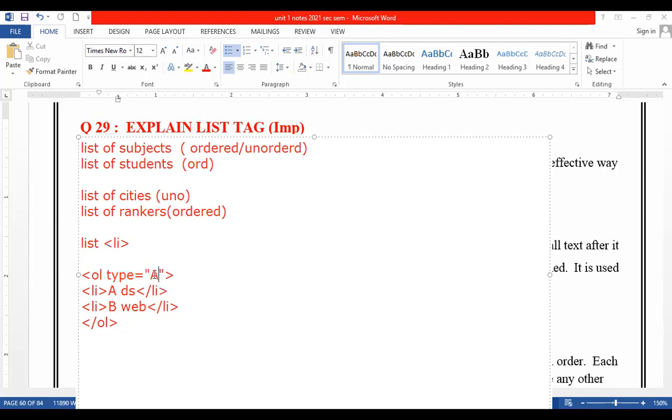Suppose I start here from number 4, it will start from number 4 and then take number 5. So this is the initial index of your list, okay? What you pass here is considered the initial index of your list. You can start from any number, but that will be the starting number and it is applied to the first list item, right? Is it clear about the list tag, guys?